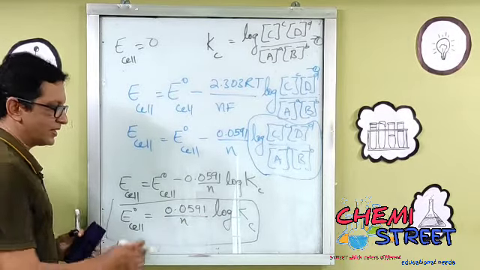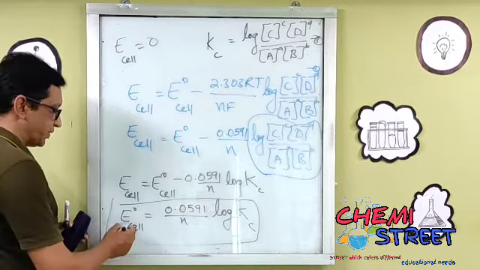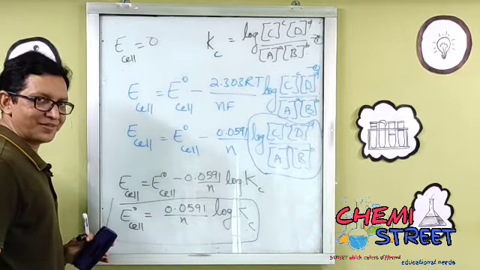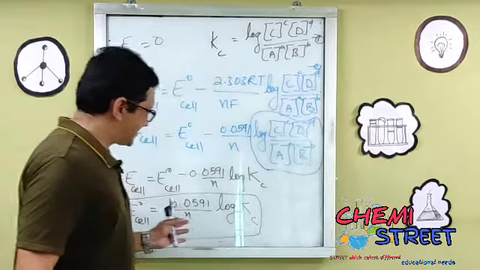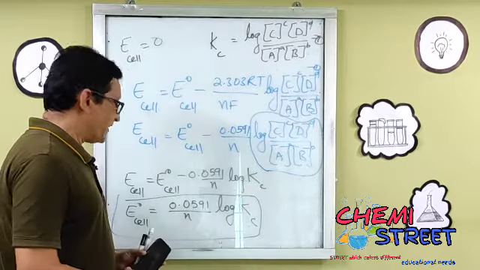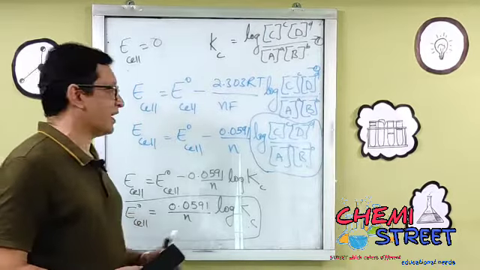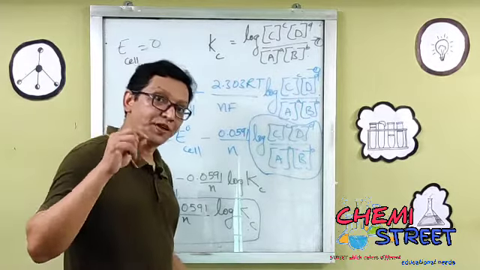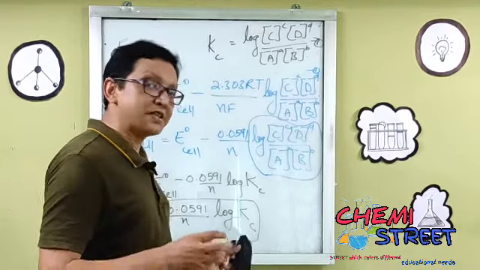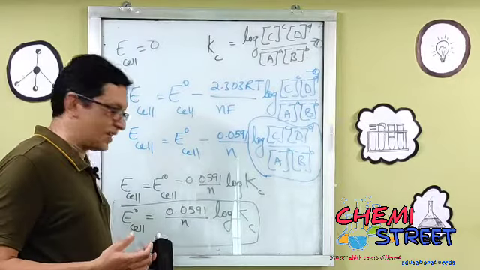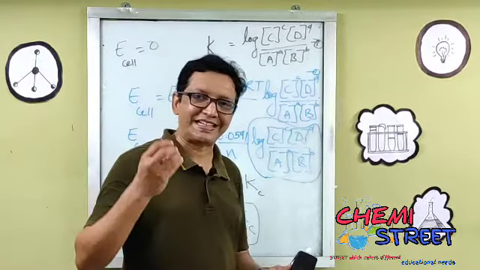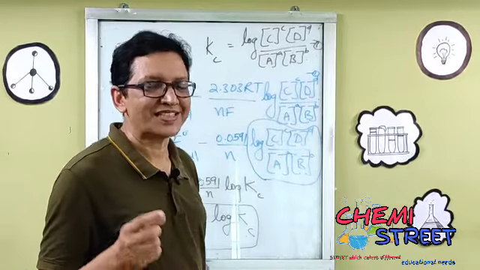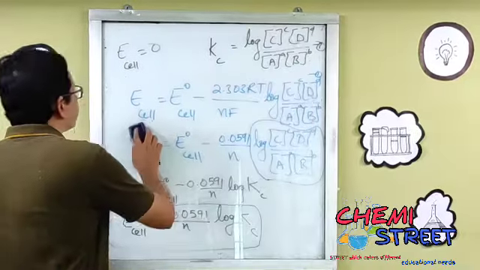This is a very important relationship. It gives us a relationship between E0 cell and the equilibrium constant Kc. Good. And one more advantage of this equation is that by finding the value of E0 cell, you could find out the molar concentrations of A, B, C as well as D, which would be difficult in another way. So that is the main advantage. From the value of E0 cell, you could calculate the molar concentrations of the reactants as well as the products, which we used to find difficult in another way. So that is another important application.